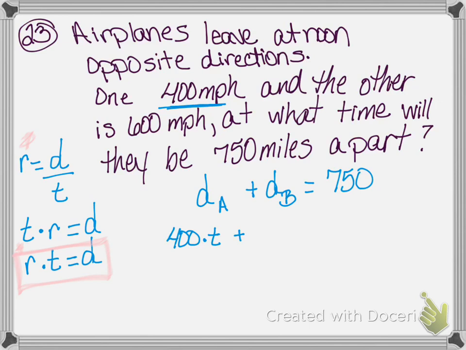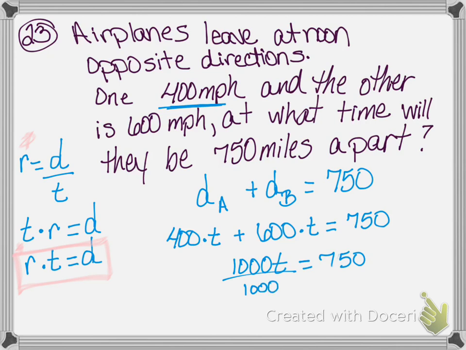Then I'm going to do the same thing for plane B. So I've got 600 miles per hour that plane B is traveling, and I'm going to multiply that times the total time. We don't know what the time is, but when I do this, I'm able to determine that. And when I add these two distances together, then I'm going to get 750 miles. So I have 1,000 t equals 750. Okay, I'm going to divide by 1,000. And when I simplify that,